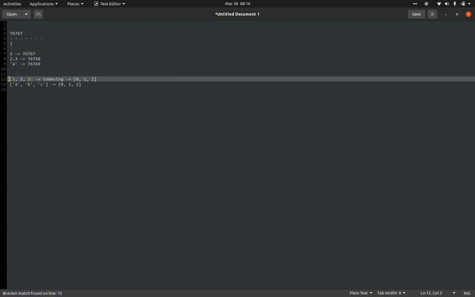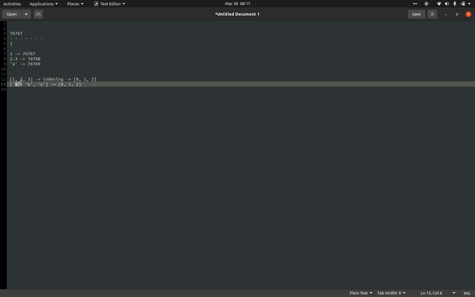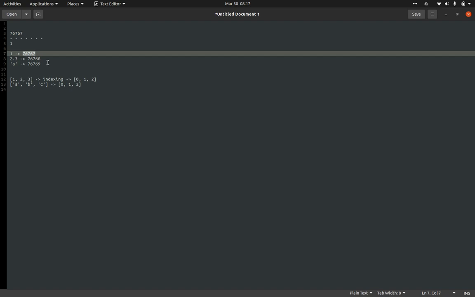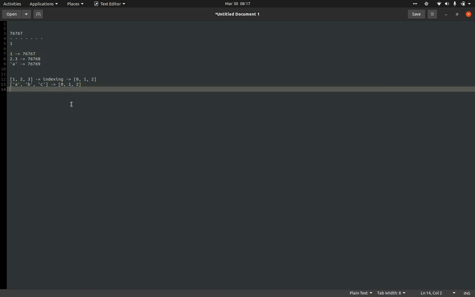But while going with lists and other things, there are two mappings, right. So this particular value will be mapped to an address, and the same address is also mapped to indexing, okay. So this is how lists create the address mappings, and while retrieving the data, it will fetch the proper data, right. So this will be the mapping, okay.